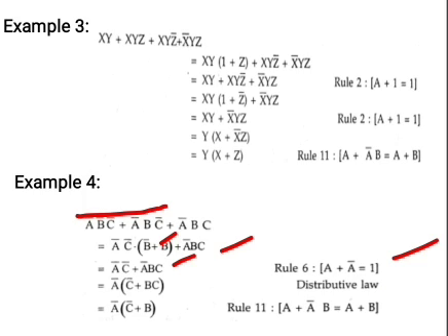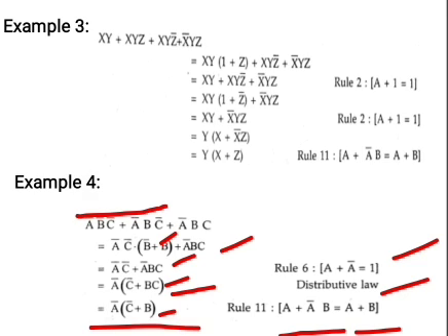So I am taking the common from these two equations. That means a complement is common in these two equations. A complement into c complement plus bc by using the distributive law. So you know the a plus a complement b equals a plus b. The same thing in this equation, c complement plus c plus bc equals c complement plus b. So the answer is a complement into c complement plus b.